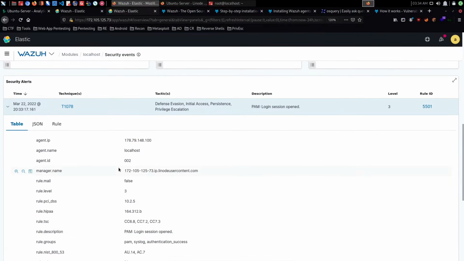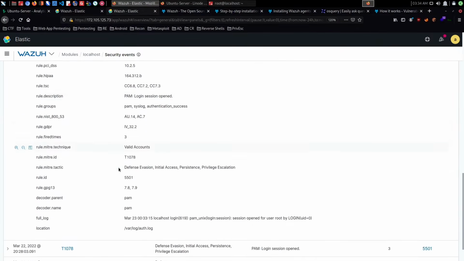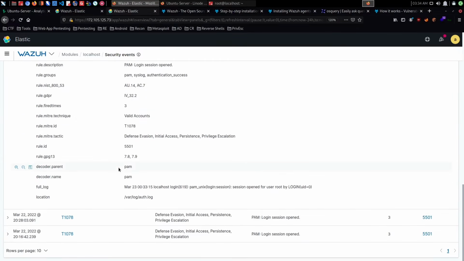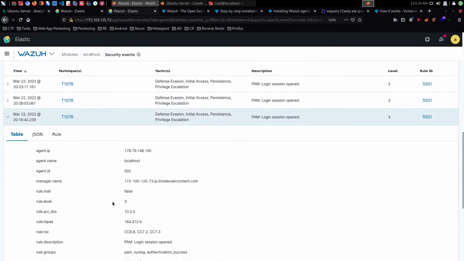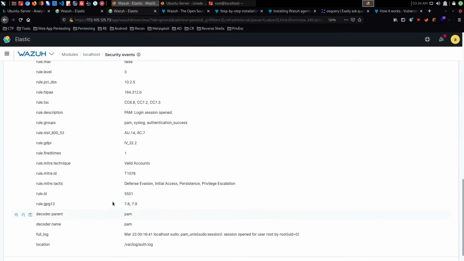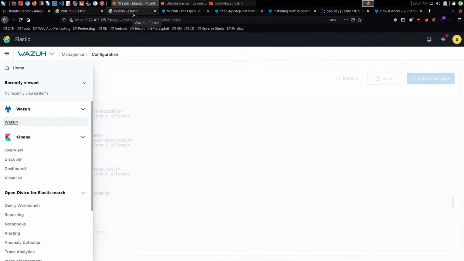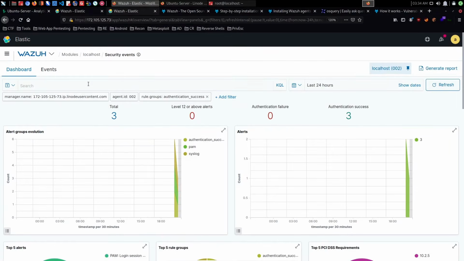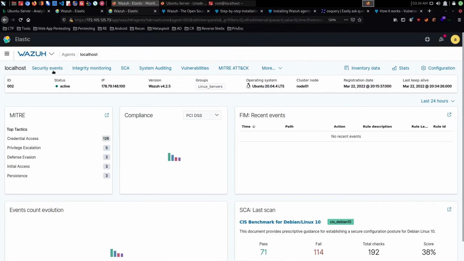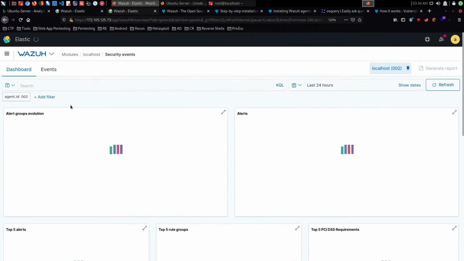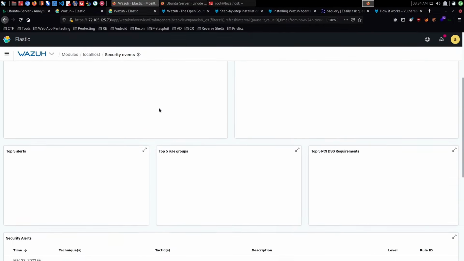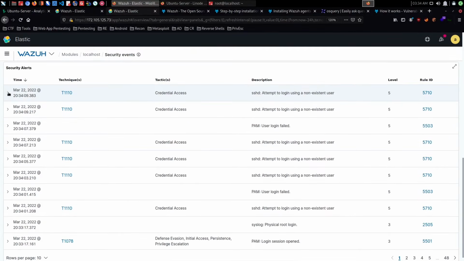Does it also display the actual IP? So the agent IP, the manager name. If I click on this here. Okay, yeah, so that looks good. Either way, in order for us to block these types of attacks, what I was looking for, if I go back into the Linux agent here and I click on security events, and we click on this right over here,